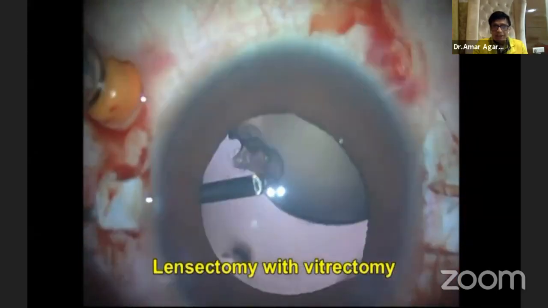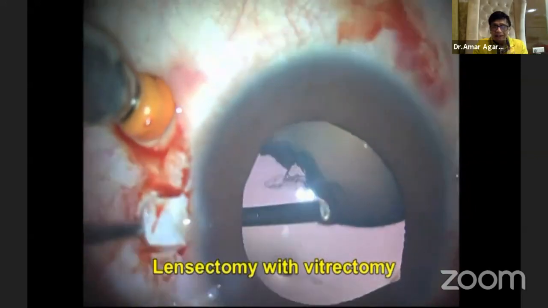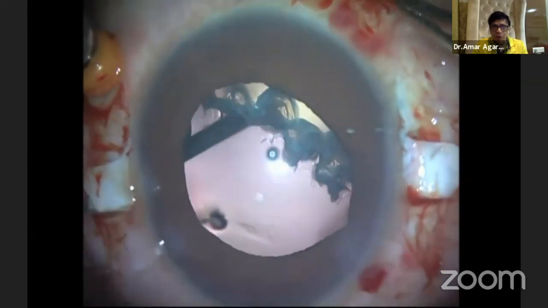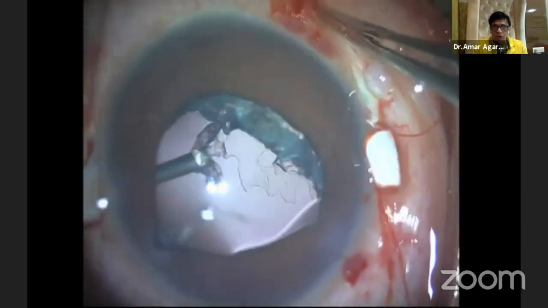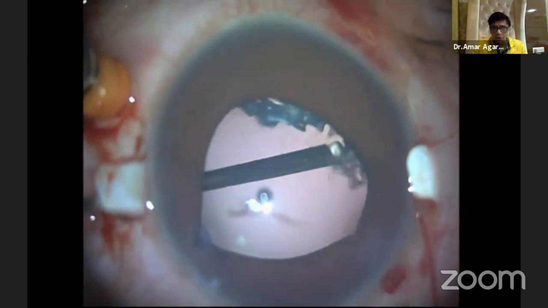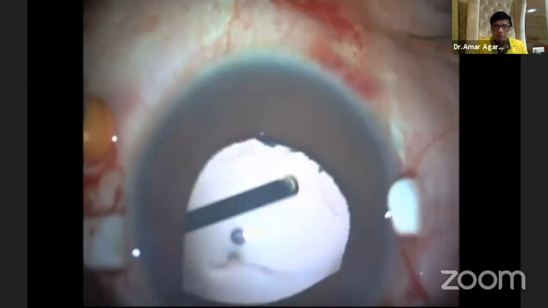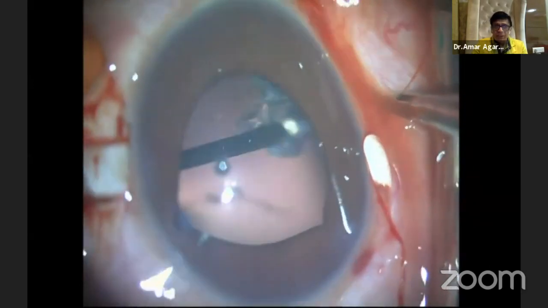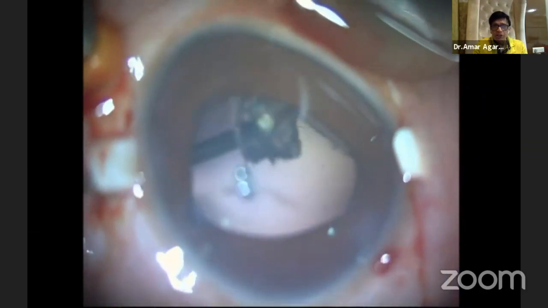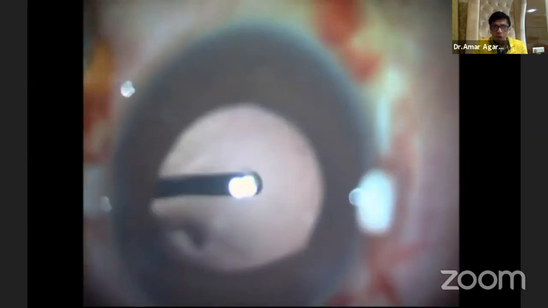Once you have done that, you can also do your vitrectomy, lensectomy through the same incision. And you can do this like a rat nibbling a piece of cheese. Now remember one thing, I don't need this capsule at all. All it will do is give me more distortions. These are progressive disorders. That is why I don't tend to use any of those rings or segments, because I feel these cases will be better off with the glued IOL technique. But then everyone has their own preferences, which is fine. That's what science is all about.